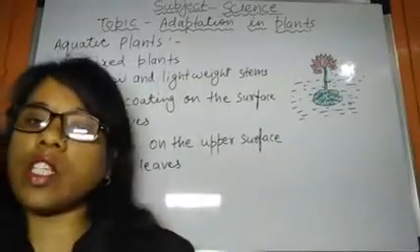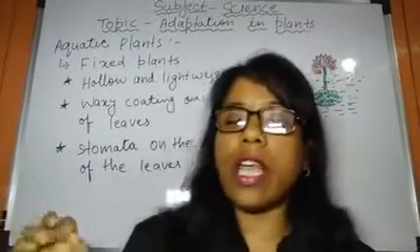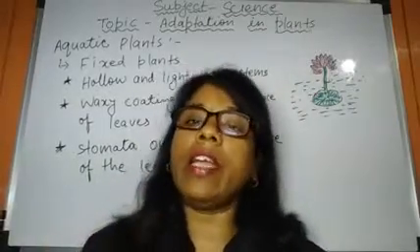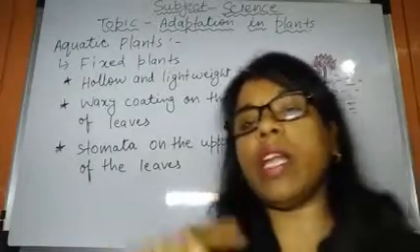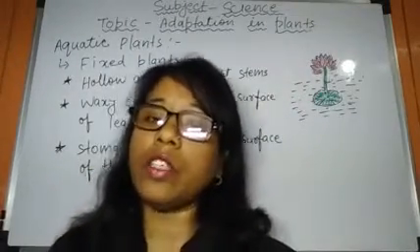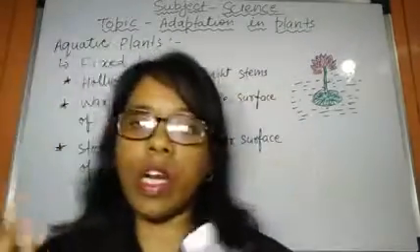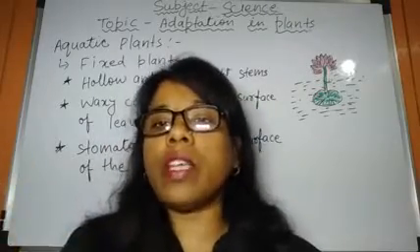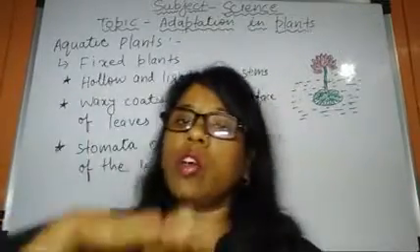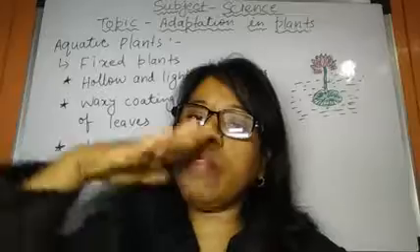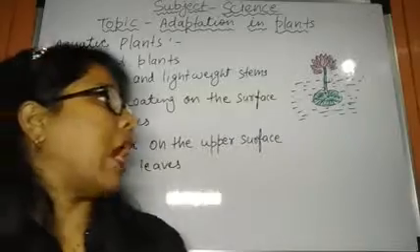We know what a stomata is and what is the use of a stomata. Stomata are tiny holes in leaves, and they help in photosynthesis. That is why usually leaves have stomata on both sides. But here only the upper surface of the leaves has stomata, not the lower surface, because the lower surface comes in contact with water. So stomata is not there, only on the upper surface of the leaf. With the help of that stomata, leaves make food, plants make food.